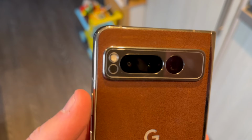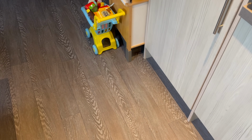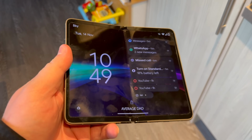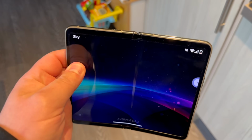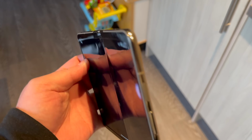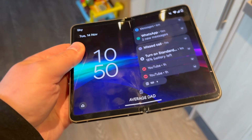No, it's certainly not the lightest or thinnest foldable, no matter what Google will try and tell you. It's about 290 grams, which for those keeping track is about 60 grams heavier than the Honor Magic V2. It's about 12 millimeters thick, which is 2 millimeters thicker than the Honor Magic V2. However, the heavier a device feels, to me, the more peace of mind it gives when it comes to durability,